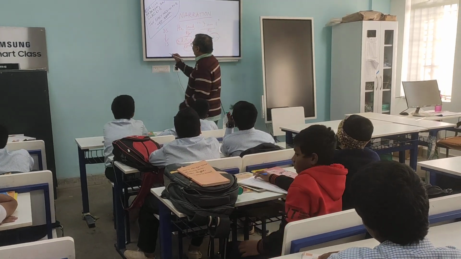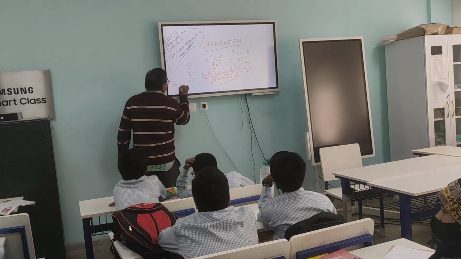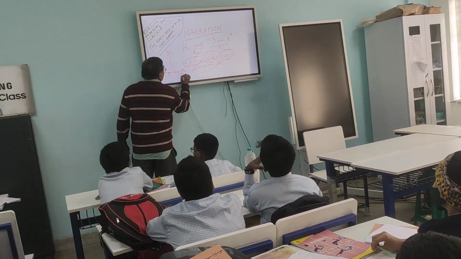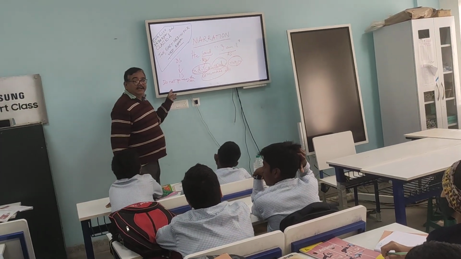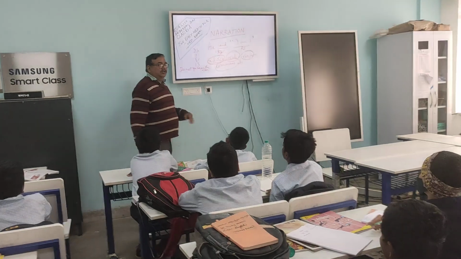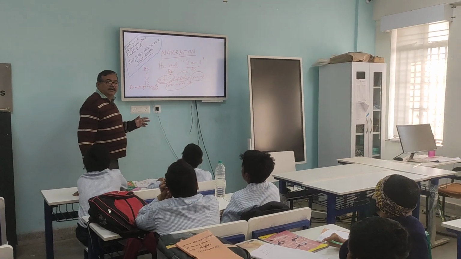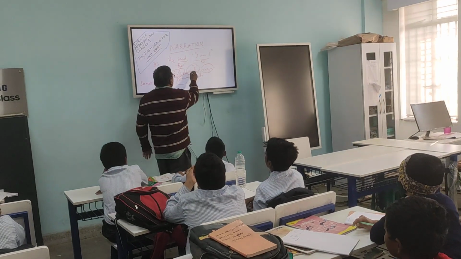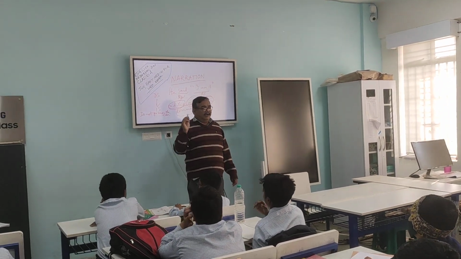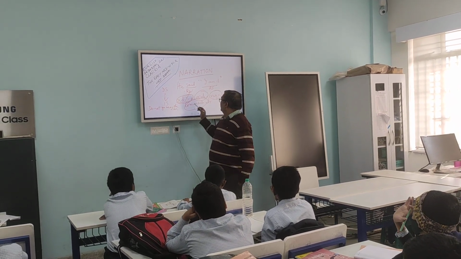Now, if I write, do not go near the river. This is what? Advice. One person is giving advice to another person not to go near the river. Or, do not go near the well. Understood? Now, order. If somebody writes, stand up on the bench, one teacher orders the student to stand up on the bench. This is an order.